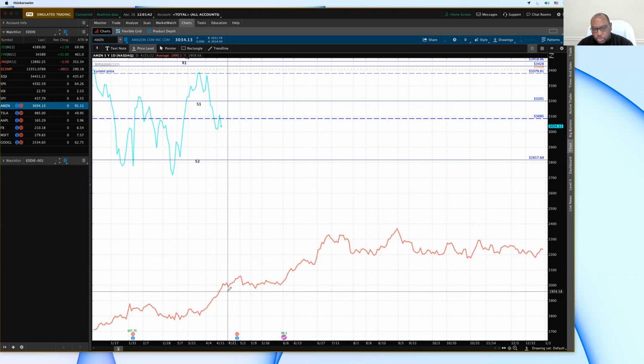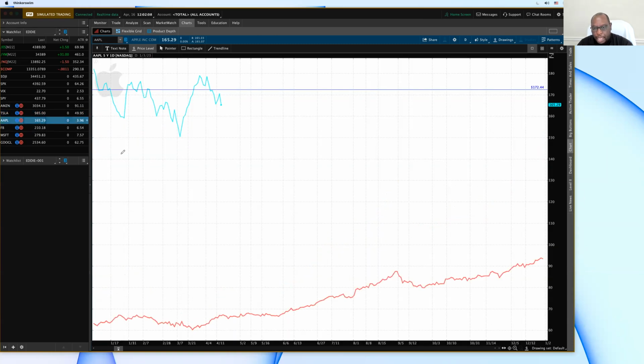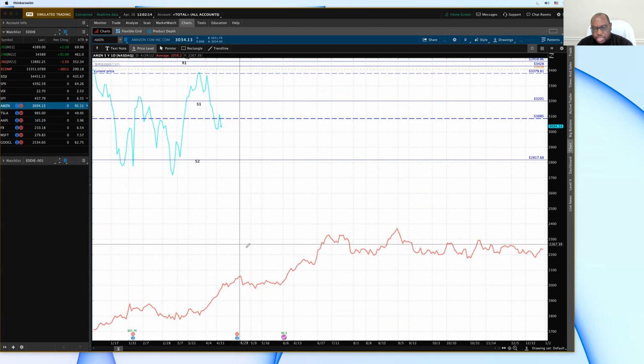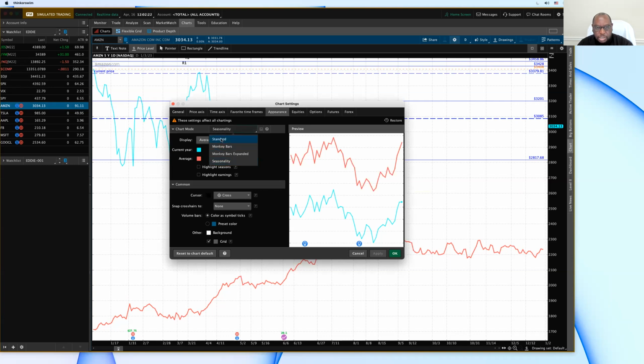It tells us that we are going to start trending upwards, then sideways, but somewhere around June, that is when we start heading upwards, right? I see. That's a seasonality chart on Amazon. You can look at a seasonality chart on your favorite one. Tesla, I don't know. Tesla is a different kind of breed. Apple just continues going up, but I trade Amazon quite a bit, so I'm always interested in that seasonality chart. That's one way. The other way is to go to, let me first change my chart back to standard,